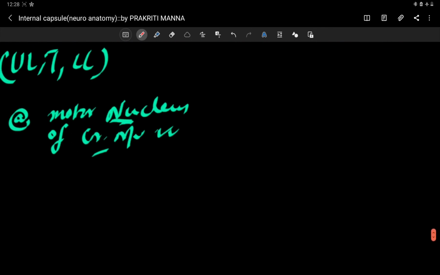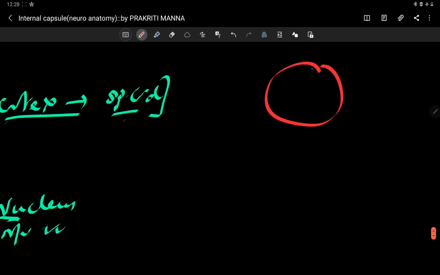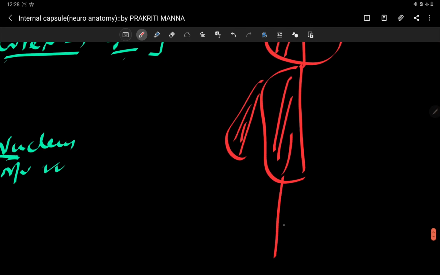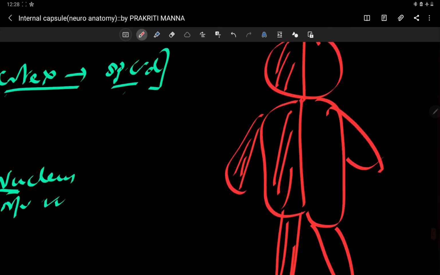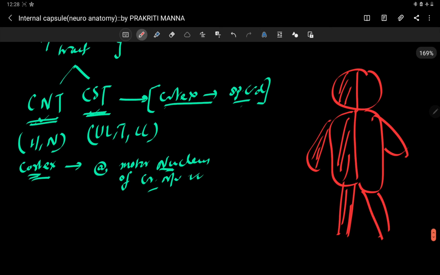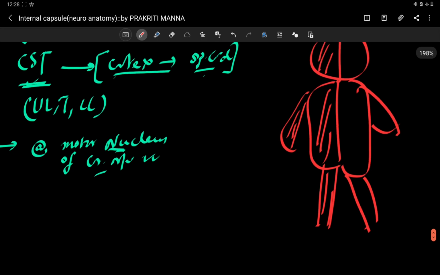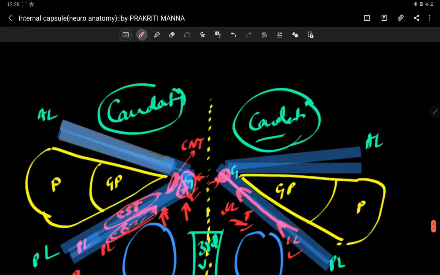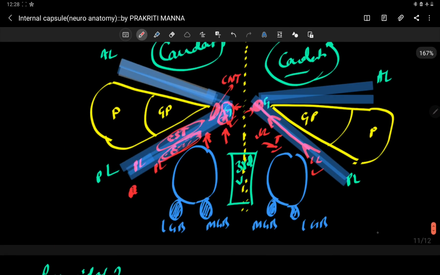What is hemiplegia? The one sided face, one sided trunk, one sided upper limb and one sided lower limb are totally affected. No sensation from this region, okay, and also the muscles of these regions are totally paralyzed. Sensory motor loss, actually mainly motor loss, is your hemiplegia on the contralateral side due to crossing of the fibers, okay.